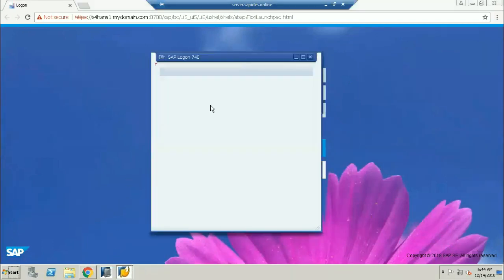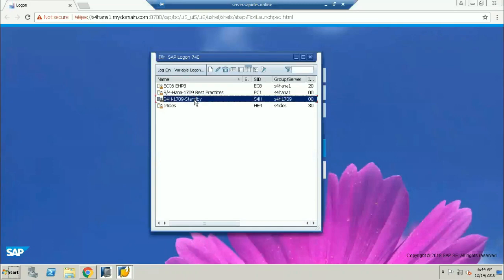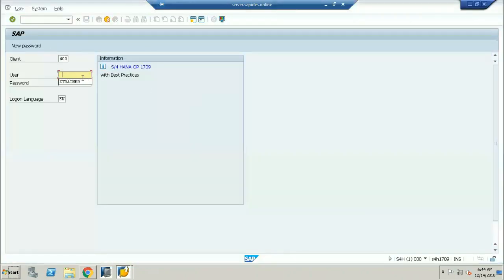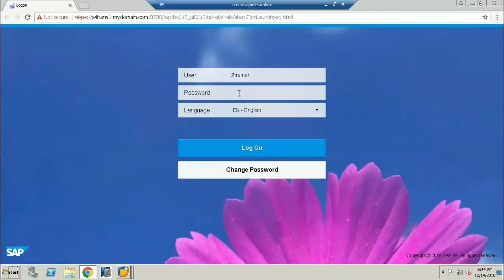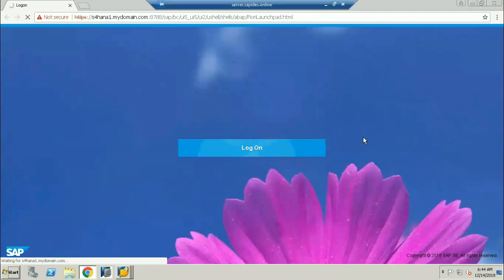One second, I forgot the password. If my memory is not bad. I'm just logging into the Fiori.